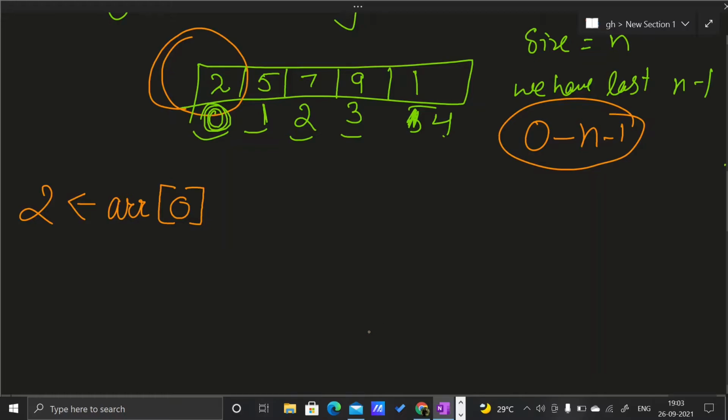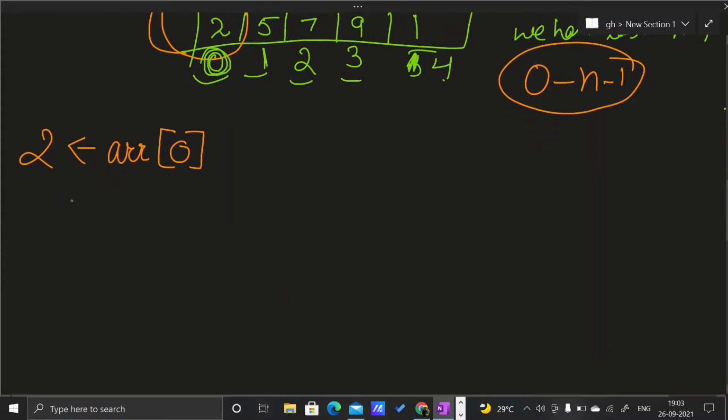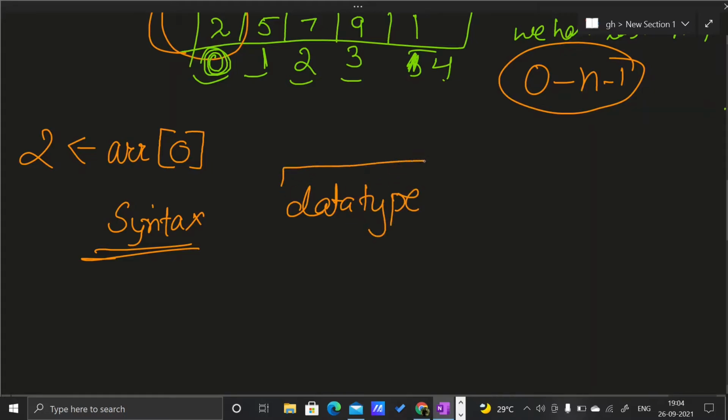First of all, let us now see how I will define and initialize an array. To define and initialize an array, or I can say syntax for the array, first of all we will write the primitive data type, or what kind of data type our array is, then the name of the array, and then here this will be the size.